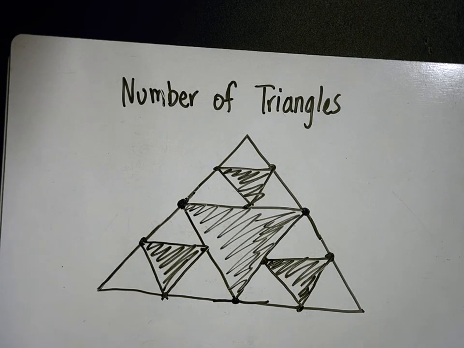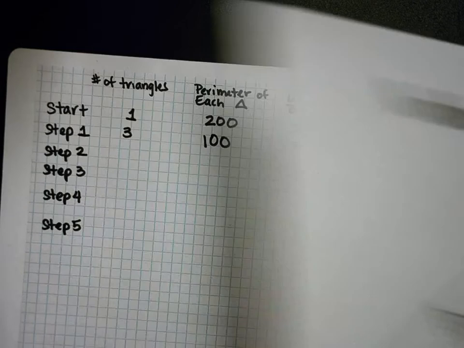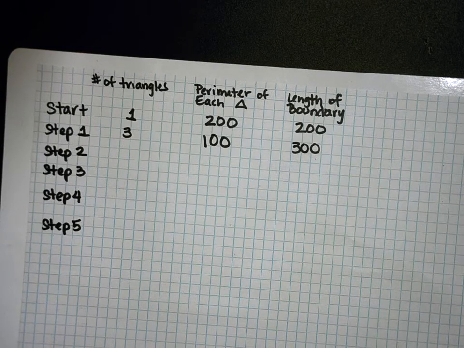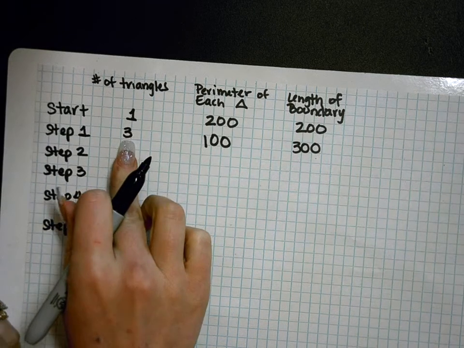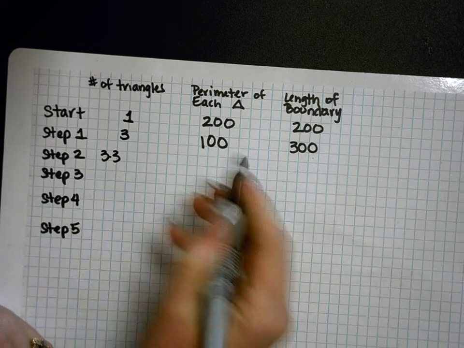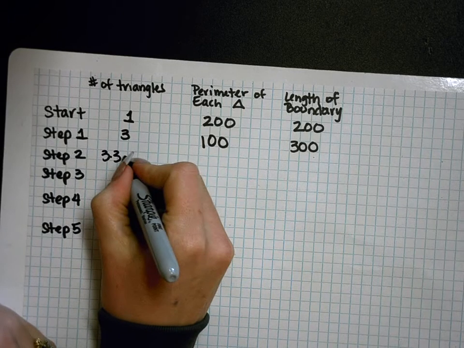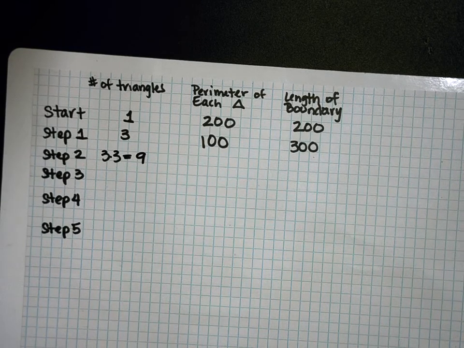So if you see, we have 1, 2, 3, 4, 5, 6, 7, 8, 9 smaller triangles, which is the same thing. Step 1 was 3. If it grows by a scale of 3, then 3 times 3 equals 9. That's how many triangles. Now the perimeter of each one of these triangles